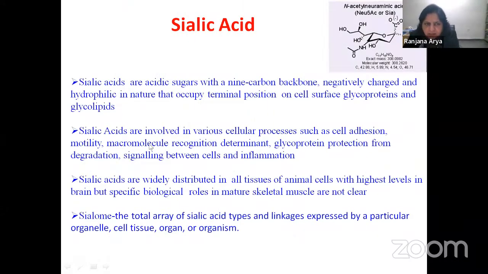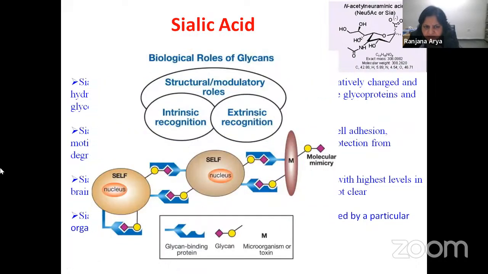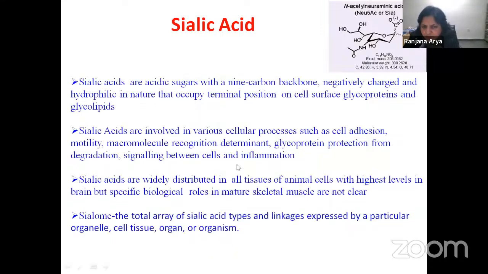So to tell you briefly, sialic acids are 9-carbon acidic sugars, which are negatively charged and hydrophilic in nature, and they occupy the terminal position on cell surface glycoproteins and glycolipids. They are involved in various cellular processes, such as signaling cascades, cell adhesion, motility, macromolecular recognition, glycoprotein protection, and intrinsic recognition. We know that in host-pathogen interactions, molecules covered by sialic acid help in recognition. So they play a variety of roles in the cell and are very critical molecules for cellular functions. They are widely distributed in almost all cells, with the highest role being in